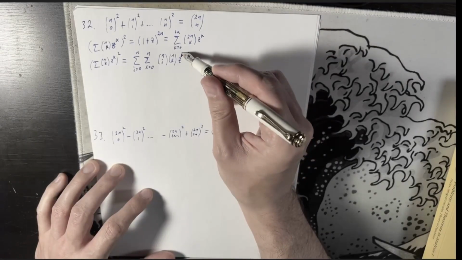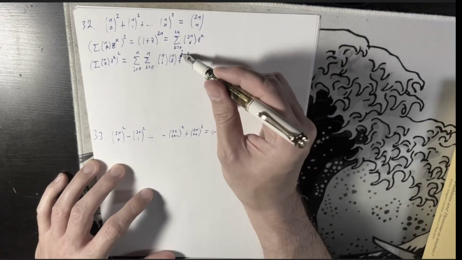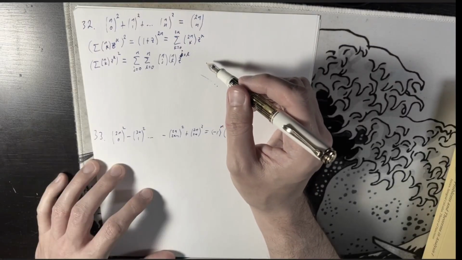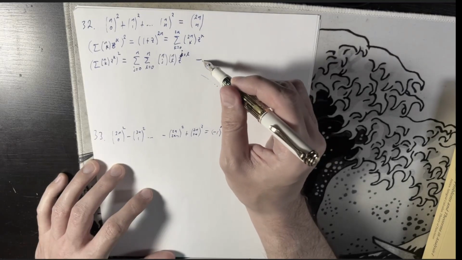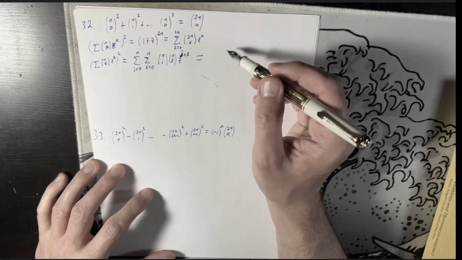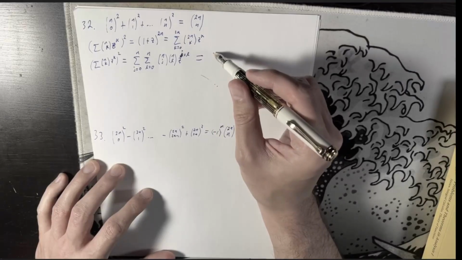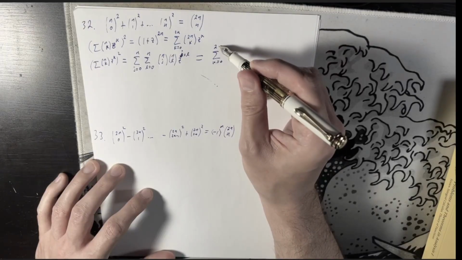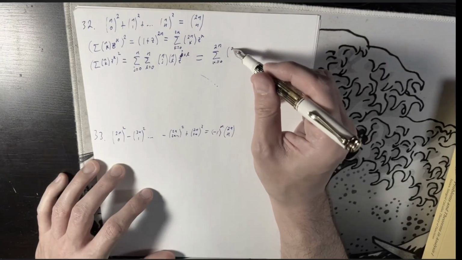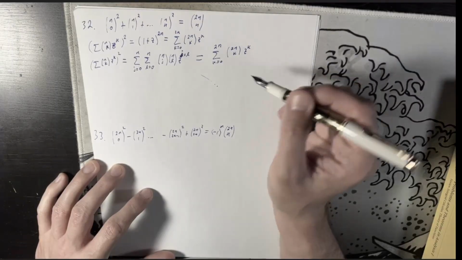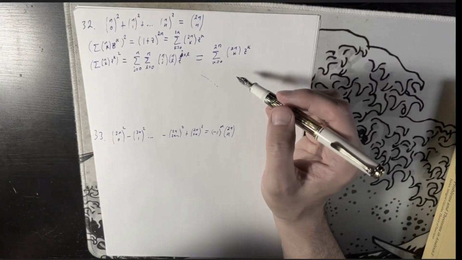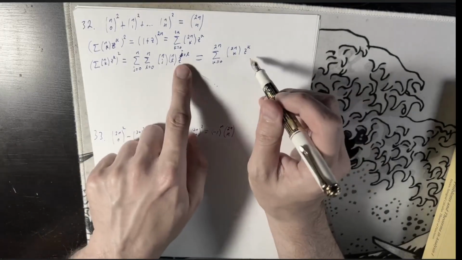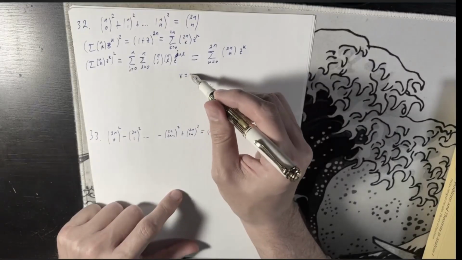Oops, damn it. j plus l. Okay, it's evidently the same as this. So if I did make these match up, like if we did have that k is j plus l,